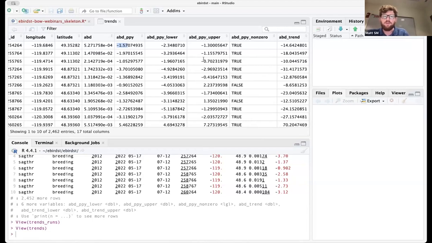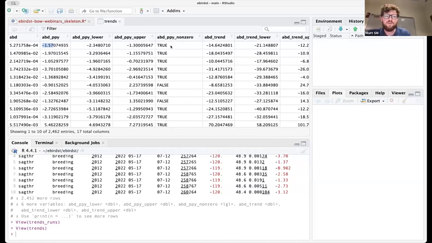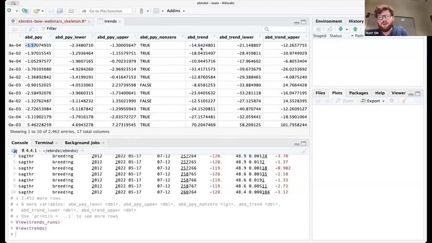Then we have 80% confidence intervals around that value. This true/false value just tells you if it's true, it means that the confidence intervals don't overlap 0. So we're fairly confident at least in the direction of the trend. And then at the far right side, you have another set of values that's the trend expressed not as the percent per year, but as the cumulative trend over the full 10-year time period.